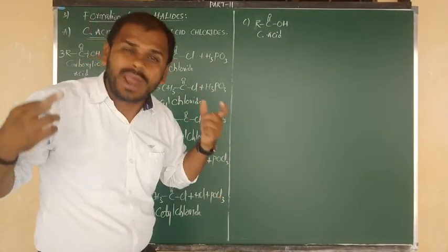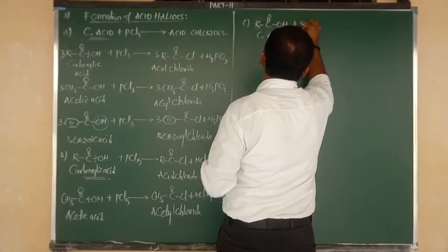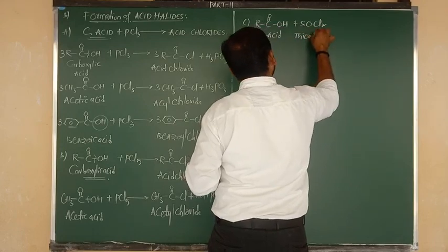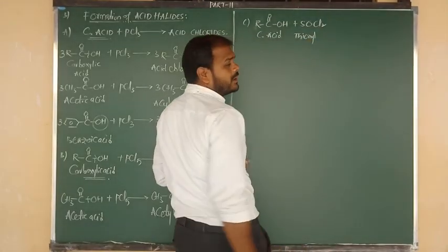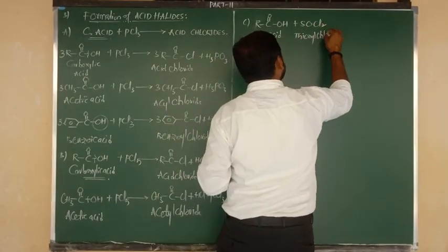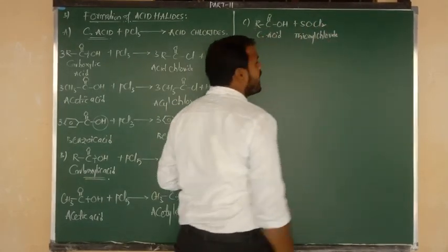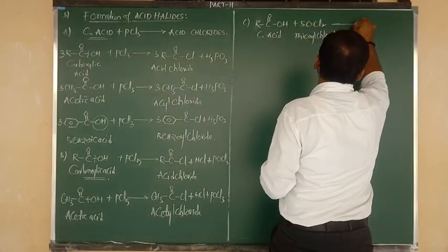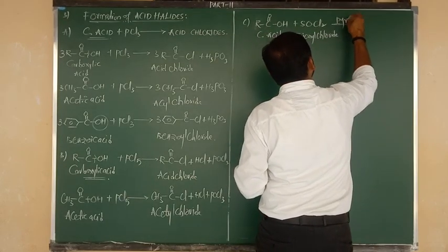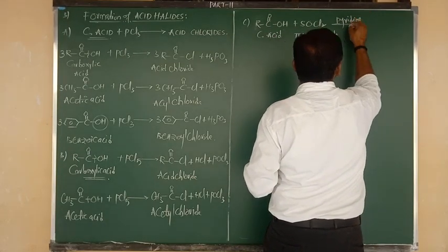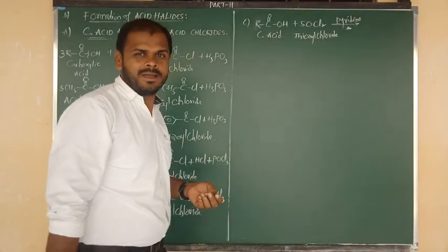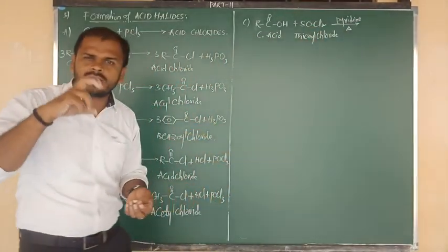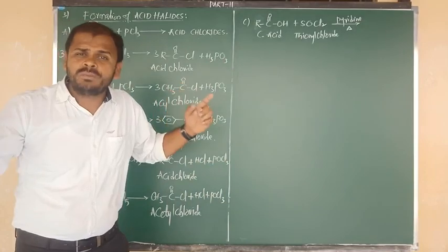What is the formula of thionyl chloride? The formula of thionyl chloride is SOCl2. All of you, my dear students, once again I am going to repeat. The name of SOCl2 is thionyl chloride. What was the formula? SOCl2. Thionyl chloride, very important. And the thionyl chloride reaction is mostly preferred in the presence of a base. The base is pyridine. What is the base? Pyridine. So in the presence of pyridine, when carboxylic acids react with thionyl chloride, what is going to be formed?